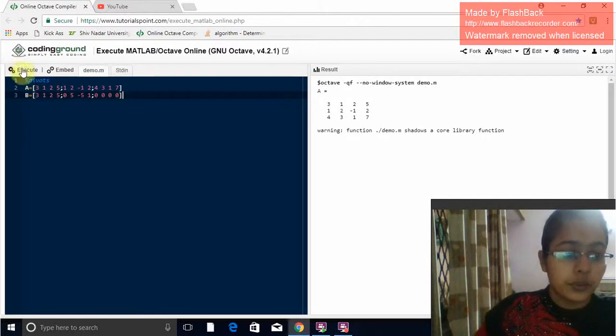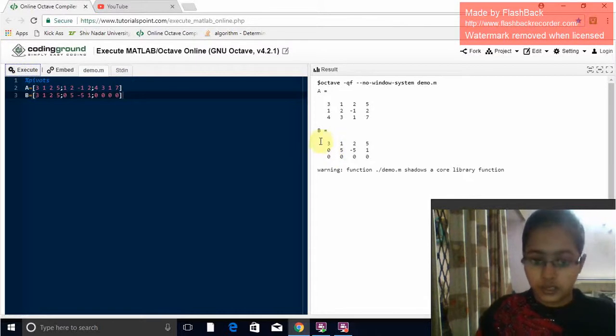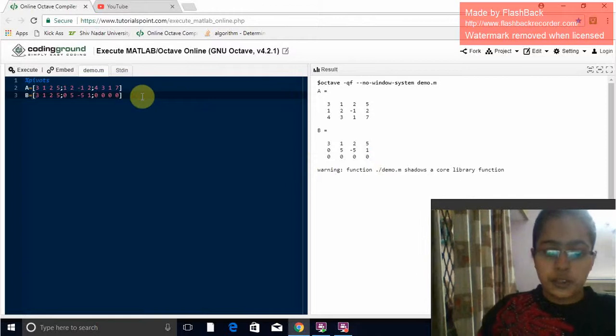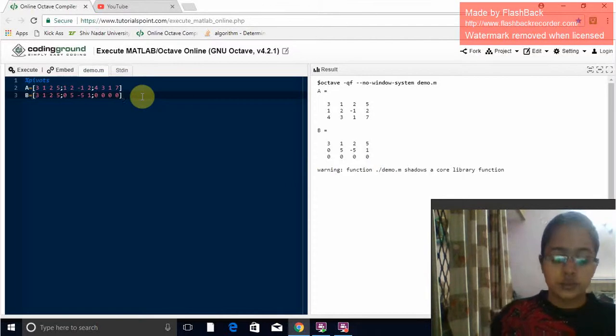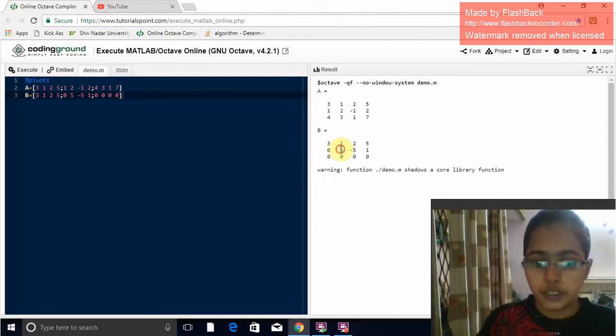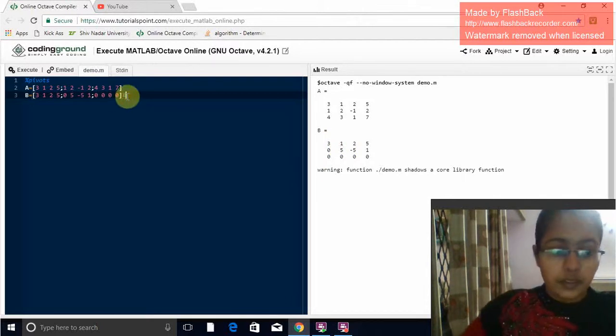You can go to my previous video and check whether this was correct or not. I think this was the reduced form of our matrix. Now, in my previous video, I told you that these are the leading non-zero elements of a row-reduced form of a matrix. So what basically a pivot is, is these non-zero elements. So in pivots, we have